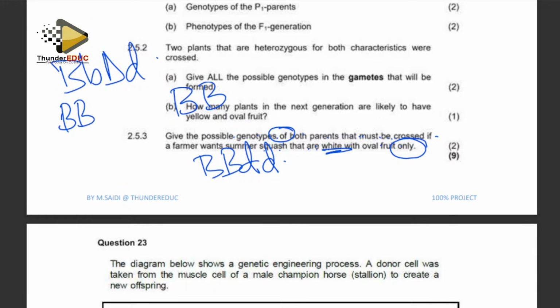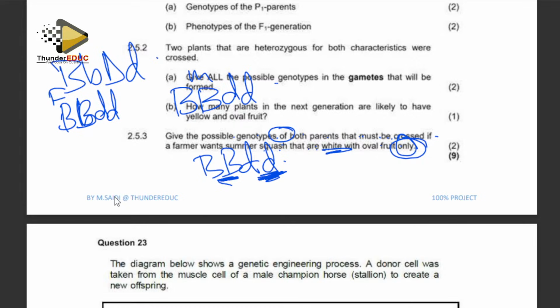Yes, because they said they want only, this word only. So both of them must be capital B, because if I put a small b there and another small b here, then it could be a problem. You understand? So it's gonna be capital B for this, if this is the father, this is the mother. And then how do I get this? Automatically it's gonna be small d. So that's what they want.